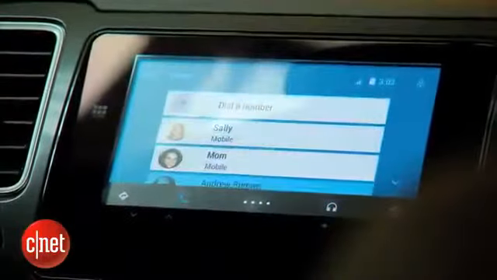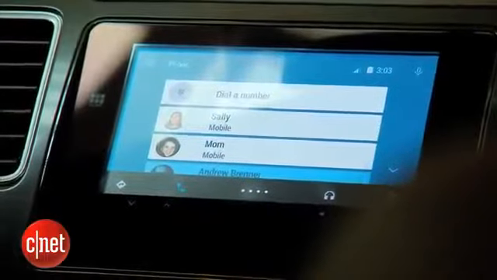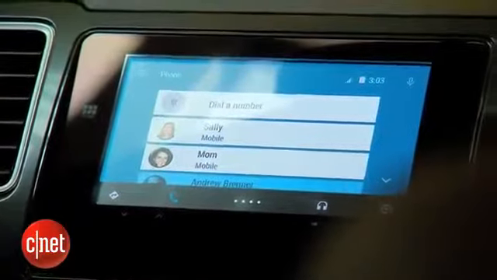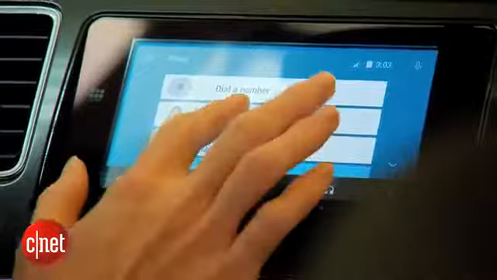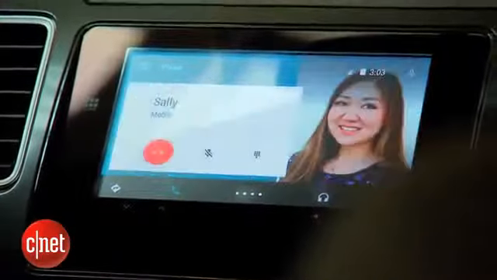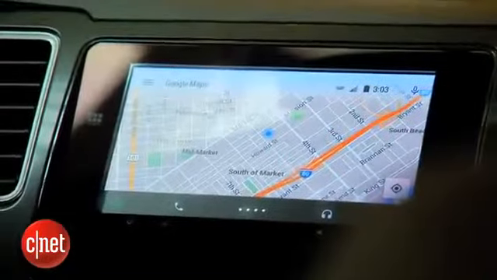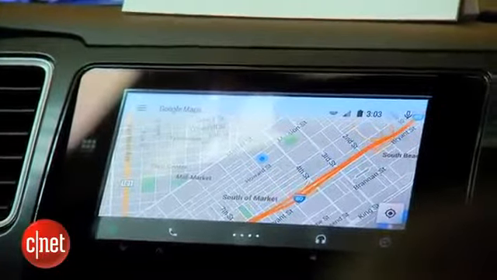And if we look at phone, you can see here people that I've recently called or received calls from. I can place calls to them really easily, so I can tap this person to place a phone call. So obviously you're in a car, you want to go somewhere. In this car, there's a button on the steering wheel to activate the microphone. So if I tap this,